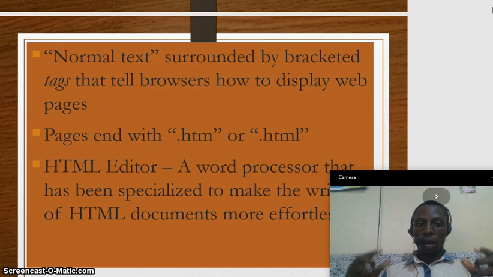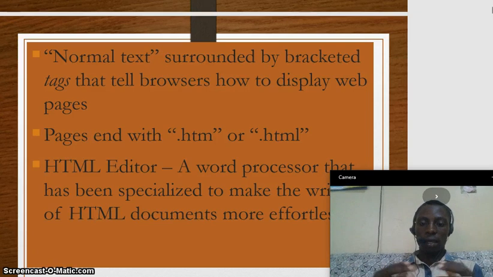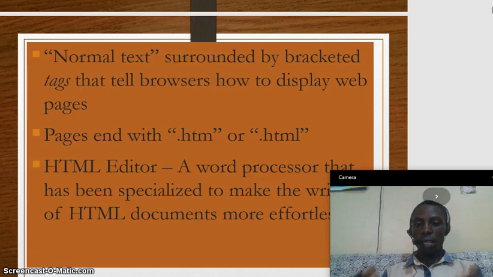So the normal text is changed by putting the text into brackets, bracketed tags that we are going to be opening and closing around the text. Those tags tell the browser how to display those web pages on the World Wide Web.